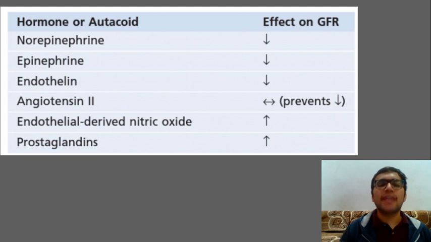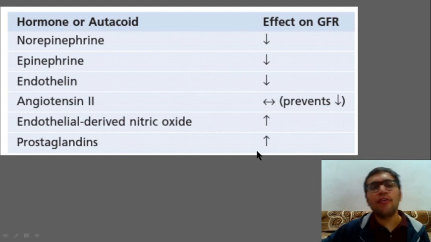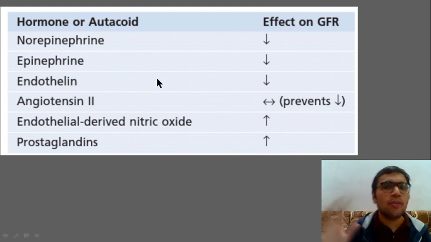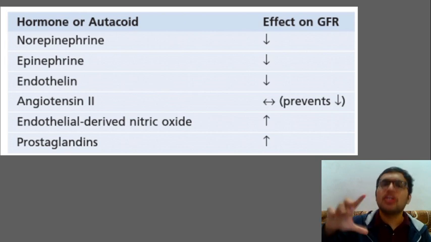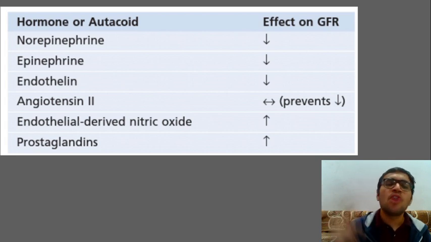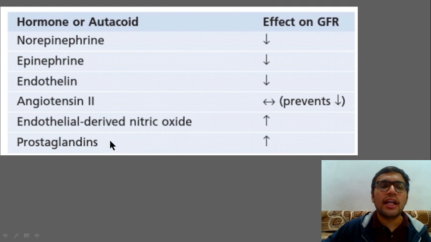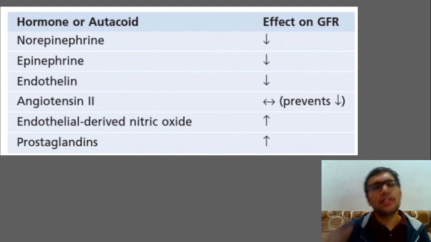Now what is the next factor? This is nitric oxide. As I have told you, endothelin was related to the mesangial cell; on the same note, nitric oxide will cause dilation of the mesangial cells. So this will lead to an increase in GFR. What about prostaglandin? Prostaglandin will again bring about relaxation, and this will again increase the GFR. So this is the table which is very important at your level.